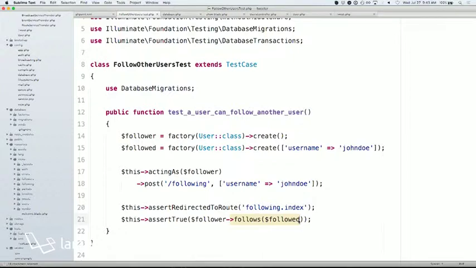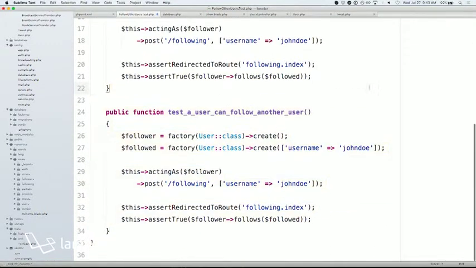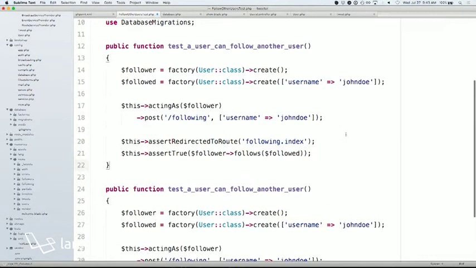So let's write a test for making sure that we can send this notification email. The way that I would do this, since it's kind of a whole other part of this feature, is to duplicate this test to start with, even though the setup is going to be very similar, and make these assertions their own thing, so we can give this test a better name. Instead of just having a test called test a user can follow another user that happens to have all these details about mail and stuff like that,